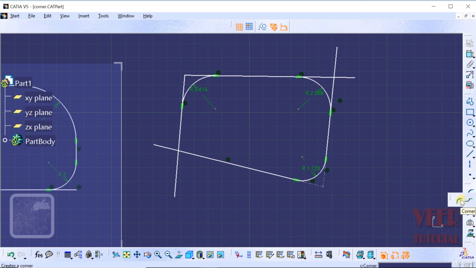So once again I go to corner option, and the last option we can see is construction line no trim. As the name suggests, lines will be converted to construction lines, but there will be no trim. Click on this option, select the first line, select the second line and place this arc, and now we can see the lines have not been trimmed, but they have been converted into construction lines. So that is the corner tool, and we have covered all the different options in this corner tool.